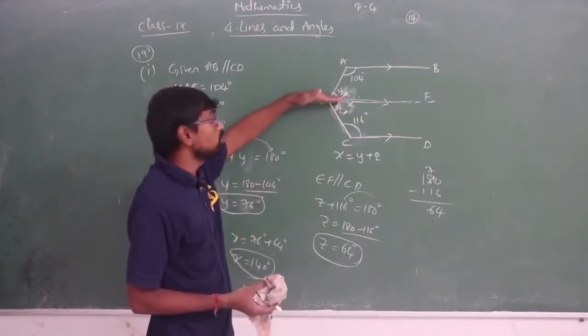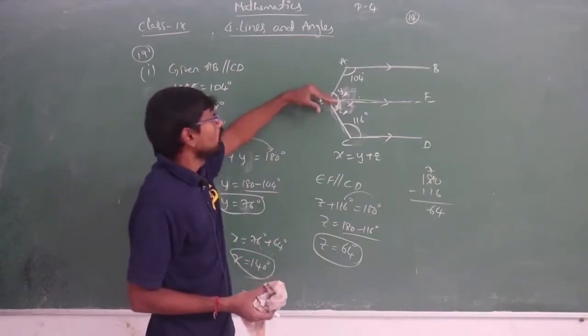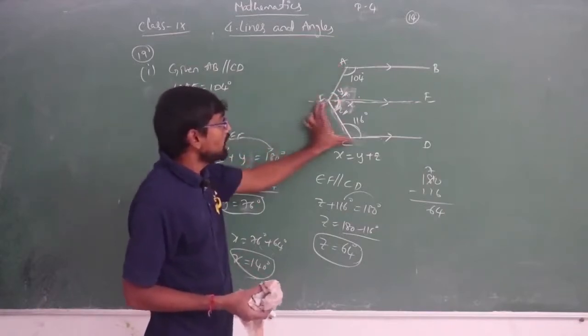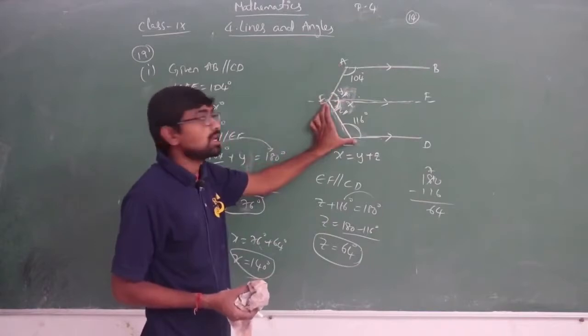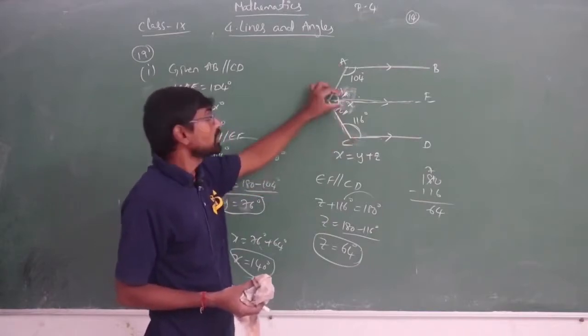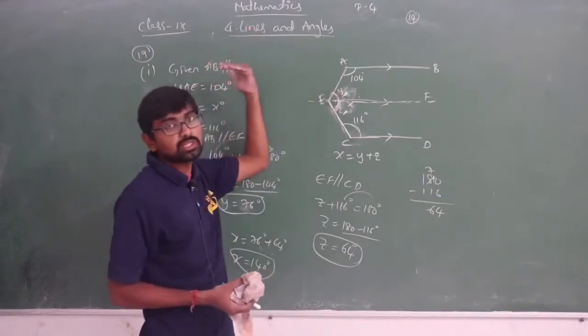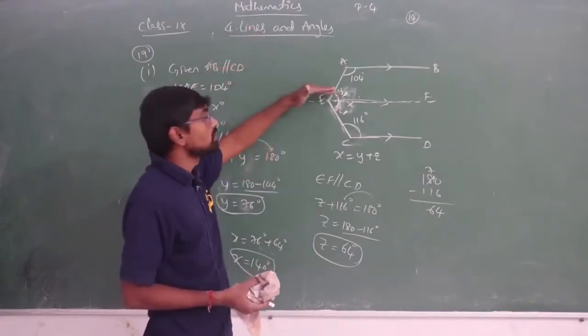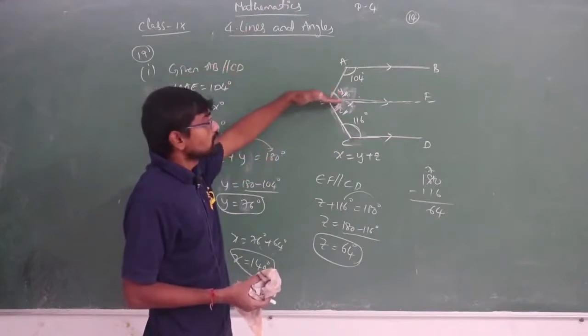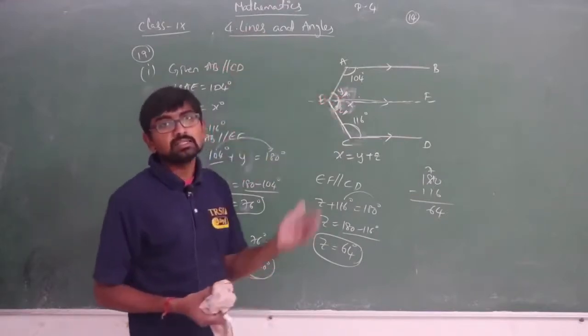Okay, so what we did, we have converted this into two parts, but they both are not equal. These both angles are not equal. Why? Because this is the shorter line and this is the longer line. Okay, so we can't take it as two equal parts. If he had mentioned in the question, but he didn't mention in the question. Okay, but these two parts are being taken separately.